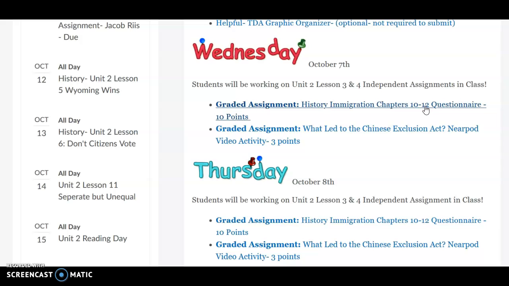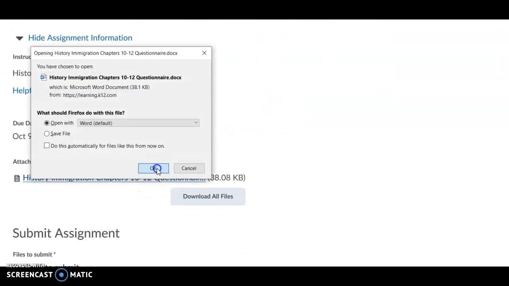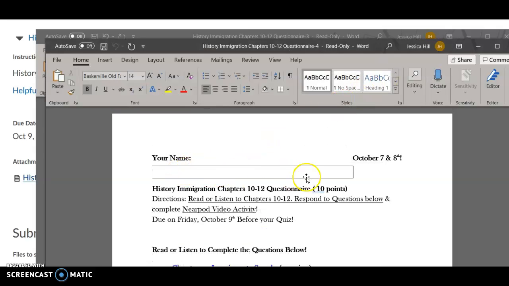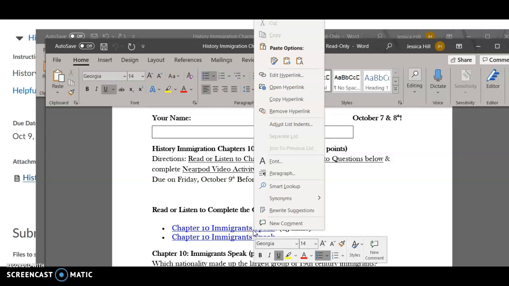So what we're going to do is you are going to do this assignment, and I went over the directions in class. Here is the attachment. You should open up the attachment. And again, I know a lot of you already got this started in class. This enable editing, you're going to type directly into those boxes. And I know a lot of this is a repeat. And also when you are clicking on these links, I just hover over and it gives me the option to hit control and click. If you right click on your mouse, I think twice, it should pop up open hyperlink that way.